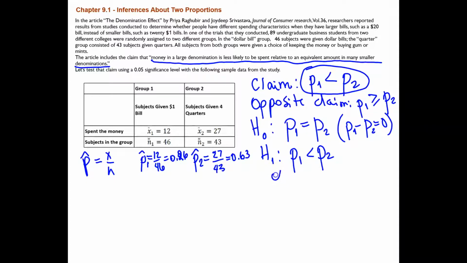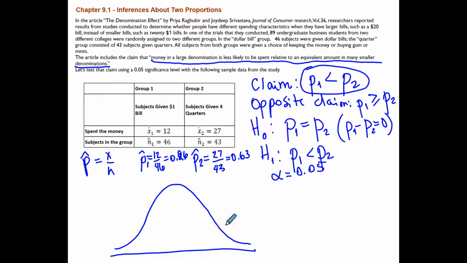We're going to use significance level alpha 0.05 to test this claim. And we're going to test this claim using the p-value and critical value methods. And then we'll construct a confidence interval estimate of the difference between two population proportions. Let's draw a distribution. It's a normal distribution. If we were doing it manually, we would use Table A-2, and our critical value and test statistic will be z-scores. Let's identify whether it's a left-tail test, right-tail test, or two-tail test.